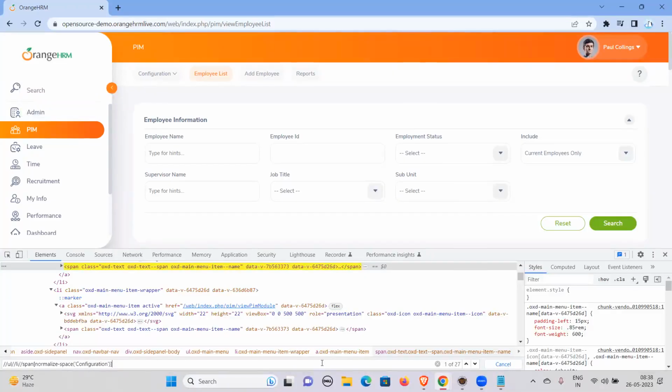Normalize-space. We got this configuration. Okay, wherever the configuration is first available, it's going to click on it. But it will click on this, and we need to identify the element only specific to this side. So, writing